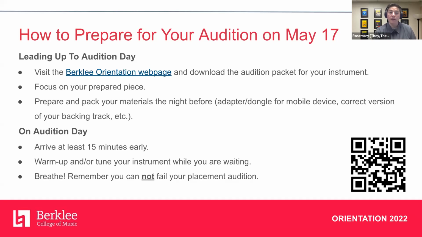Make sure you read through that. It will tell you what you need to prepare. It will talk a little about what's going to be expected of you in terms of sight reading and any type of reading, ear training exercises, depending on your instrument. If you're doing percussion, there might be something about how your timing is tracked. So they'll do a lot of different things with you depending on your instrument. The first step is to go to the website and download the audition packet for your instrument. You're going to focus on your prepared piece. It will have the instructions for each instrument in terms of what they're looking for in that prepared piece, and then the rest of that information as well.